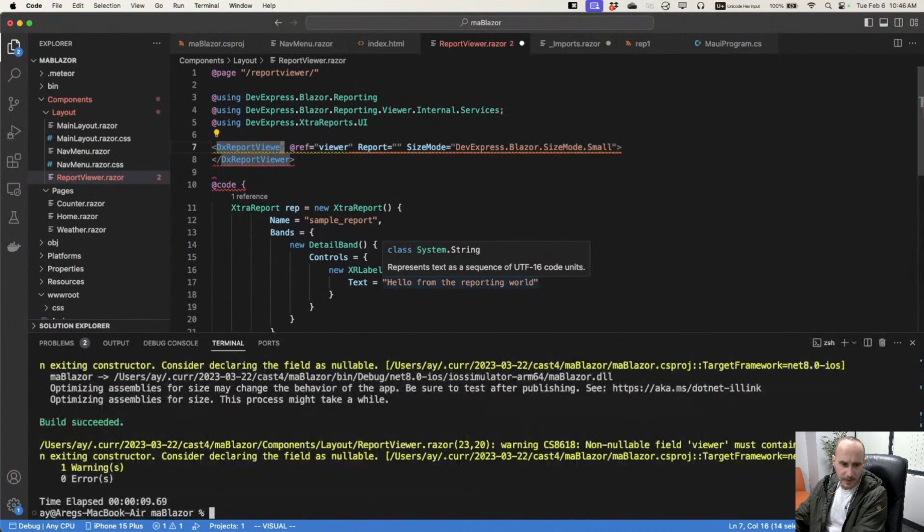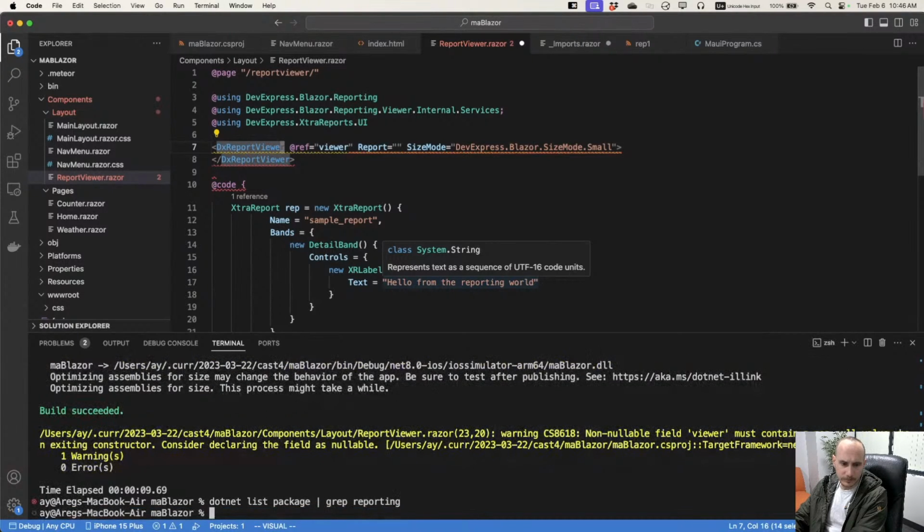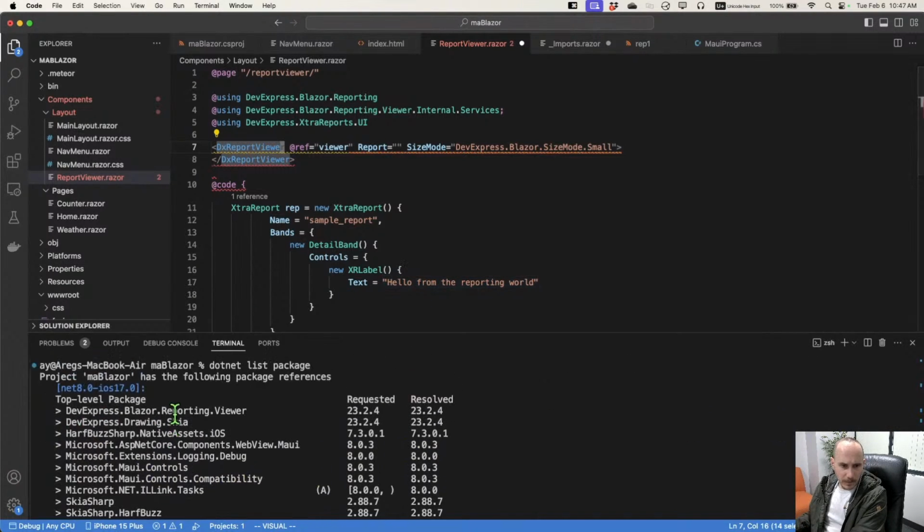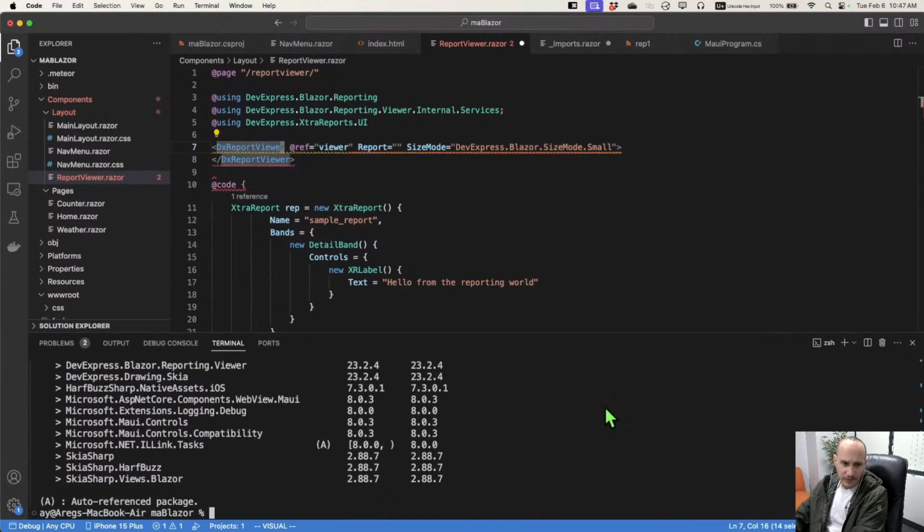Let's go ahead and .NET list package. Direct reporting. Or DevExpress, yeah, case sensitive, DevExpress, Blazor reporting viewer. And if I need to, I'll